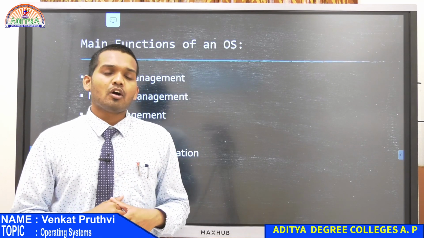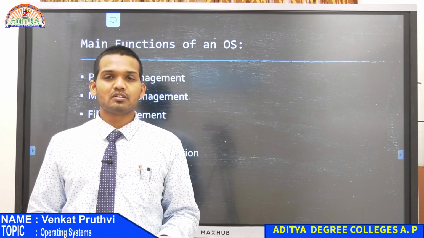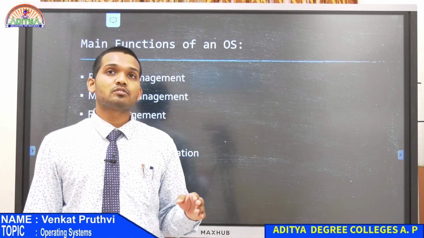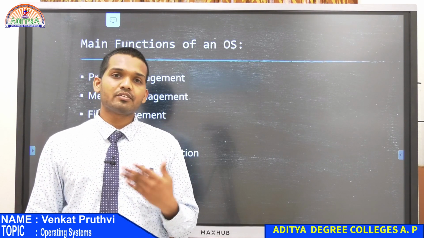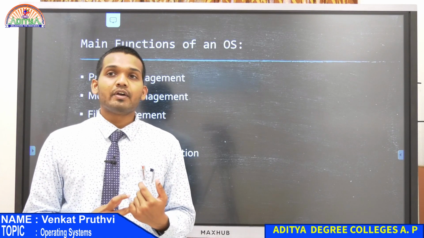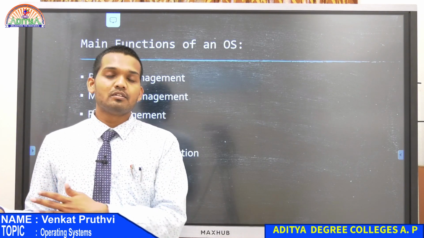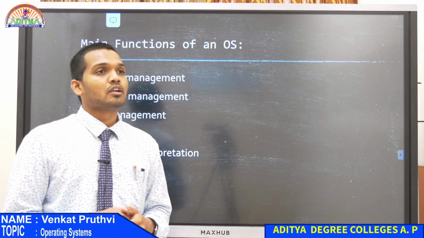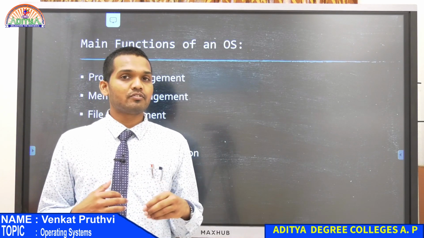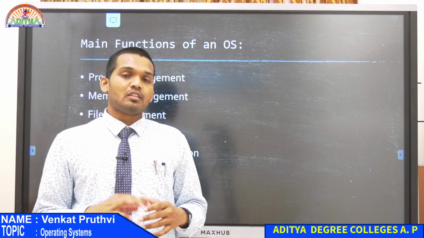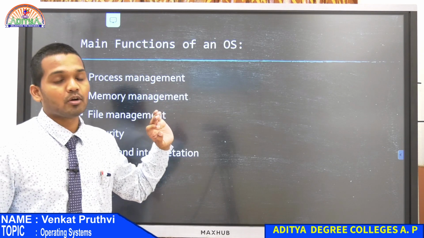Now, not all users use the computer for normal general purpose or for storing normal files, but there are so many organizations and other people who have sensitive information, as well as organization-related data, available on their computers. If the operating system is not able to provide the security that is required for the data stored in it, then nobody would choose that kind of an operating system.